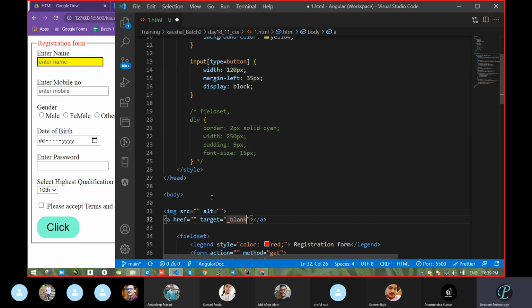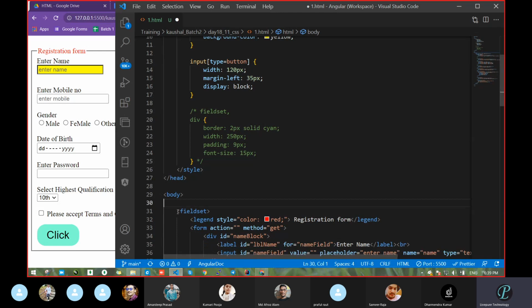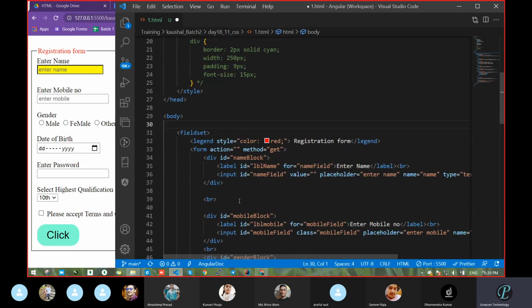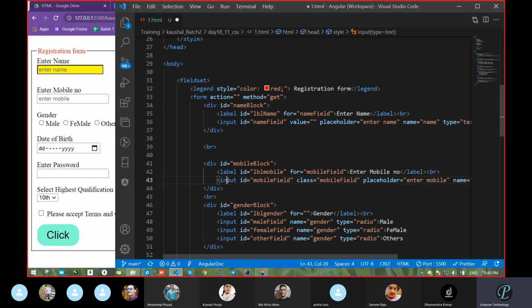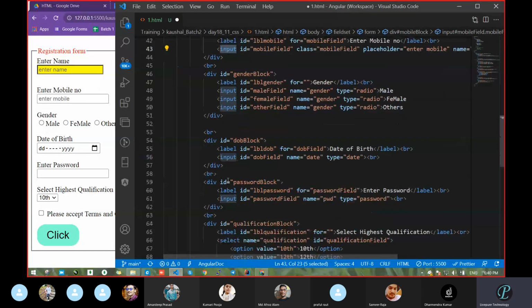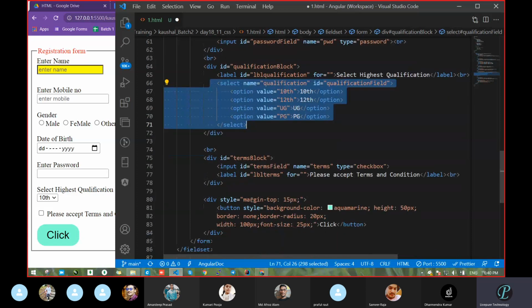So that time we were focusing on target blank, by taking this attribute. The same thing we are going to do here with the help of the attribute selector. So what is our input? Input means all input tags, correct? Whatever input tags, all are input tags, except this select, and I think the radio button is also input.